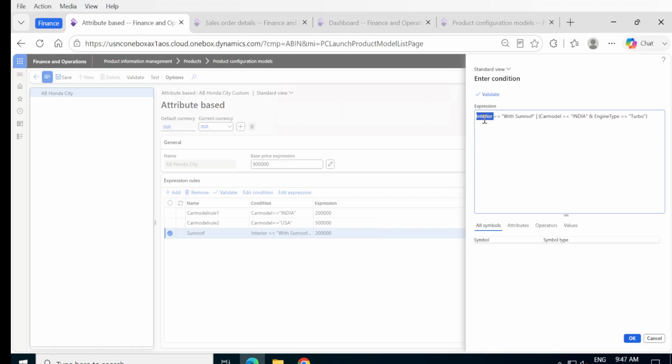Solver name is the label that is important for the system to understand that interior means it's a label which is already defined in the attribute constraint tab. So I need to remember that interior is a solver name. So the system automatically understands what interior means here. So now if the interior is with sunroof, or if the interior is India,